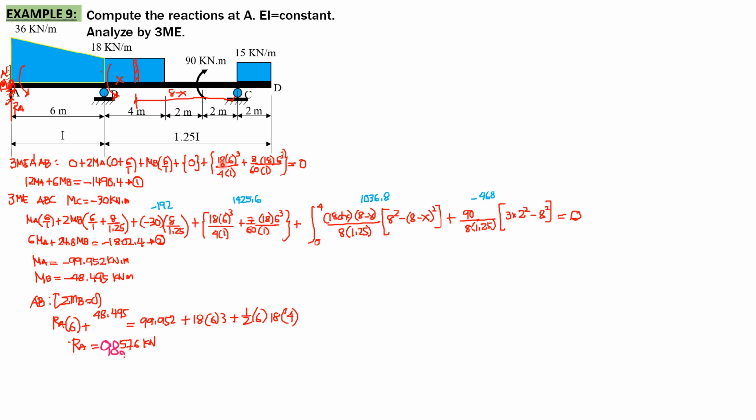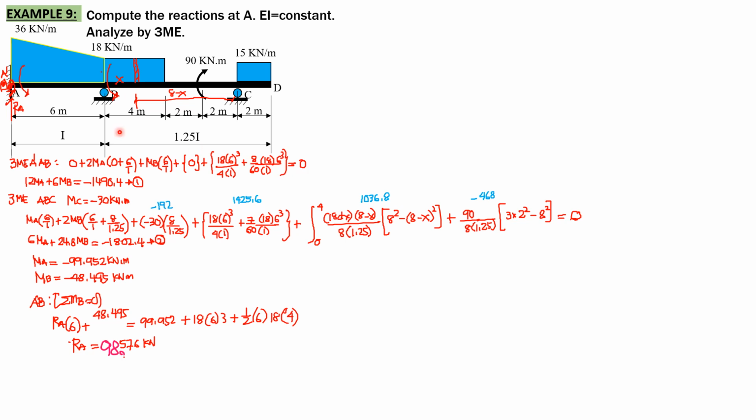So for the uniform rectangular loading, it is 18 WL cube over 4. Then we divide it further by 1 because on portion BC later, moment of inertia is 1.25. Then for the triangular loading, since the centroid is here and we consider 6 area 2B over E2, I2, L2, the centroid is farther from B, therefore it is 8 over 60 by formula, 18 L cube, 6 cube over moment of inertia, which is 1.